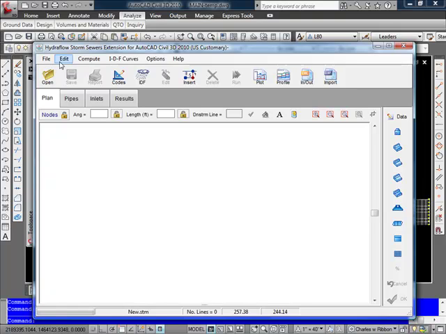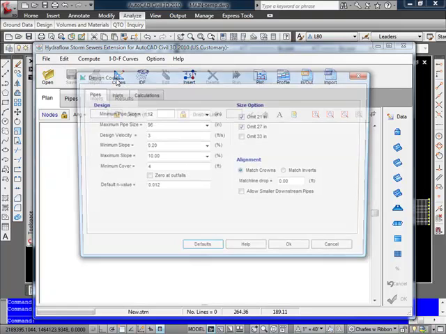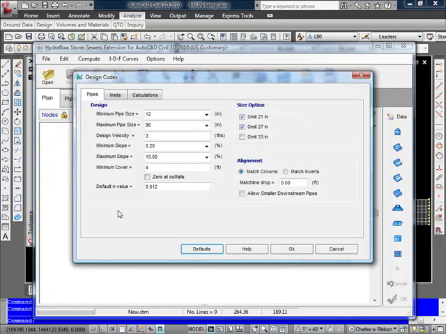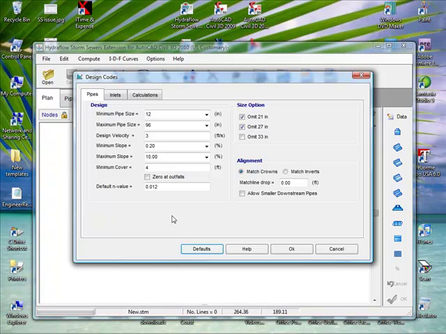I can go up to the Edit menu and go to Design Codes, or I can select it here from our toolbar menus. It then brings up a dialog that allows me to set up those codes. Design codes are the parameters that will be maintained and used when we design a system. I have a tab here for pipes, and under the pipes I can set a minimum or a maximum pipe size. I'll go ahead and set my minimum size to be a 15-inch pipe, and my maximum of an 8-foot